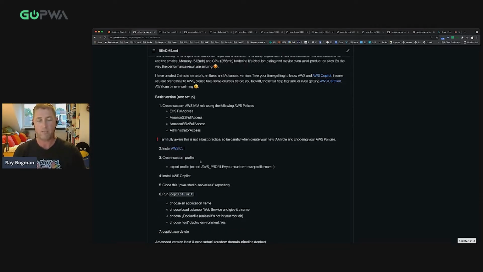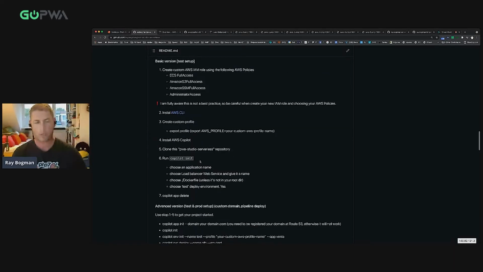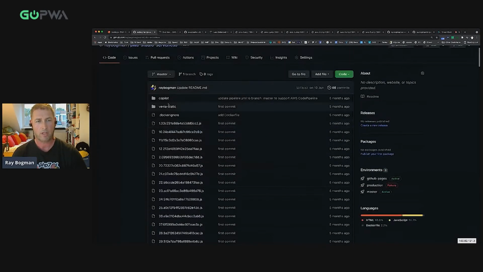So once we have everything up and running, the next step that we wanted to do is that we want to start Copilot itself. While running the Copilot init script, it automatically starts asking us several questions in regards to what's the application name, do we want to use a load balancer, and where is the Docker file located. And you can use even a name for if it's a test or production environment. Once these questions are being asked, automatically in your repository, and scroll a little bit up, there's a directory created automatically. That's the Copilot directory.